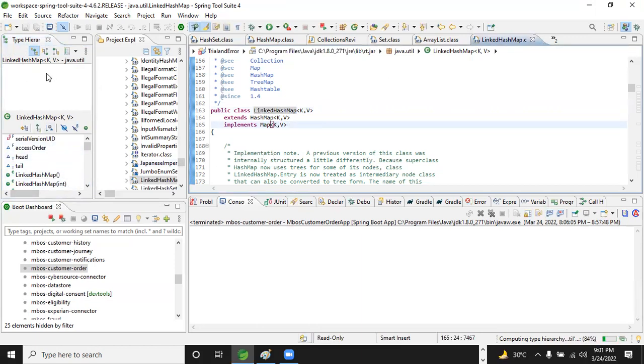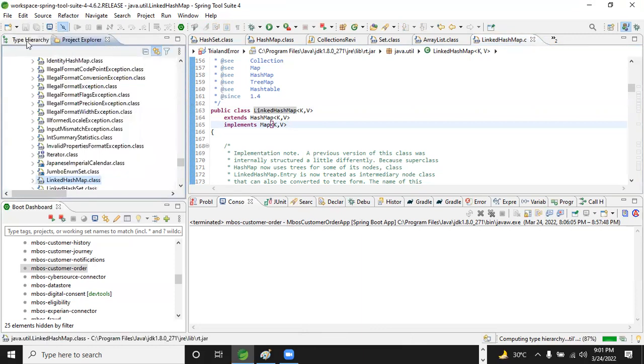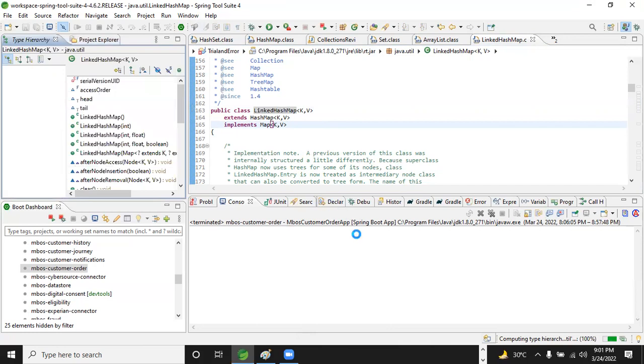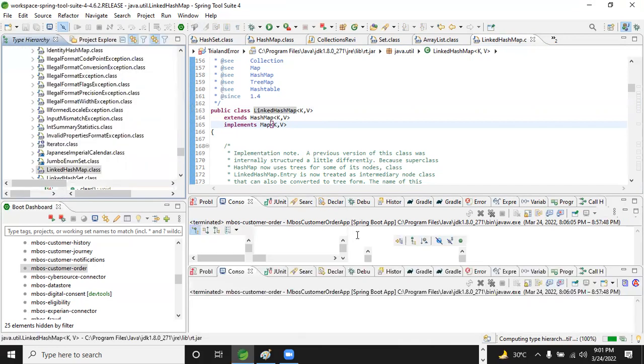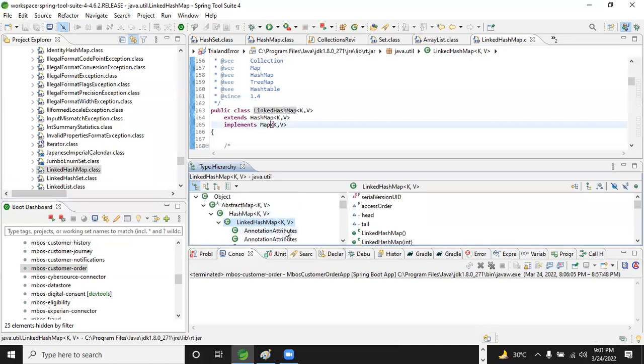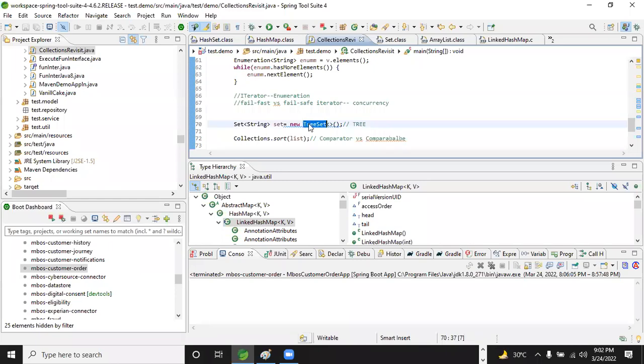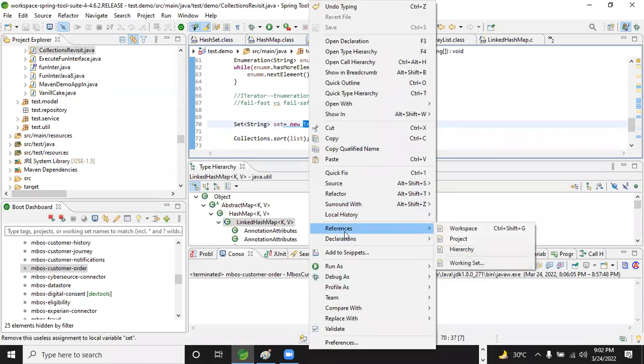Link with editor, right? So you can do that. Yeah, so you see the hierarchy, right? Object class, AbstractMap, HashMap. Usually we do this by clicking on the right side, at the beginning of the class. If you want to use this, you just give a reference. You can use hierarchy. I never use the shortcut key, but this is one way to check the hierarchy.